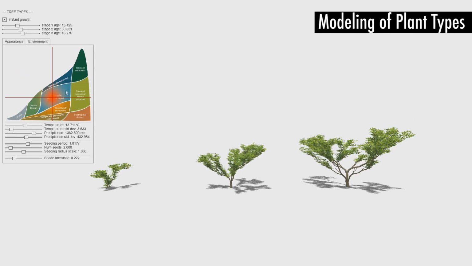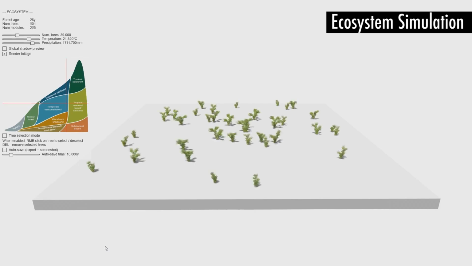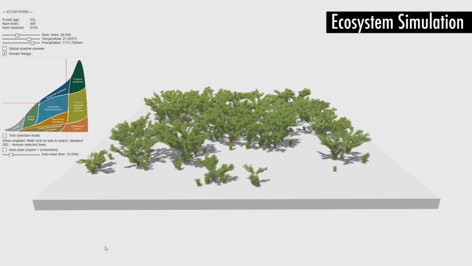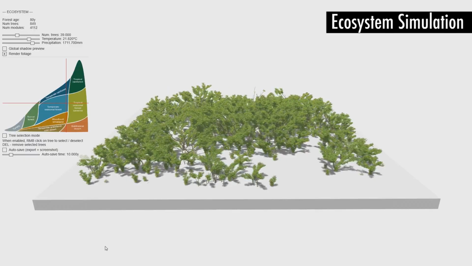In order to grow a specific plant ecosystem, the user can specify a seeding radius within the temperature precipitation space for each plant type. This is used to define in which biome the individual plant types will grow. After the parameters for all plant types have been set, the user can proceed to the Simulation tab. The system will automatically select the correct plant types for a corresponding biome and grow each plant depending on the